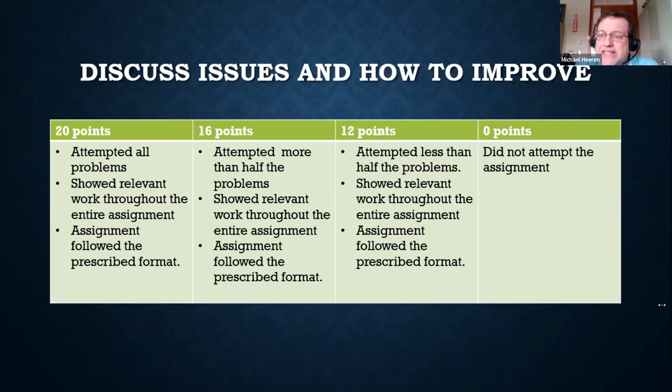Exactly. Have an example of what that prescribed format is, so everybody knows what's in there. Or you can have a bulleted list in there saying that the prescribed format has your name in the top right corner, the page, the problem numbers, etc. Just a little list of those items, just so everybody knows what that is.